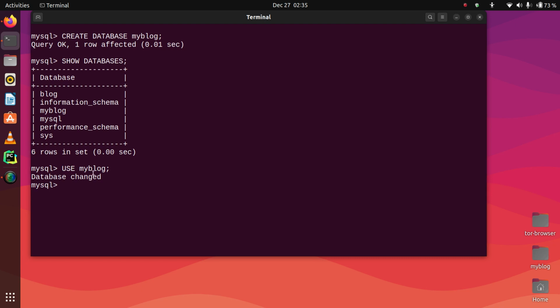Now we are inside the database, so we have to see what tables are inside it. If there are any, then that is fine. Otherwise we can create a table. Obviously this is data definition, so create table is also a data definition command. To see the tables, there is a command called show tables, and as you can see, it is an empty set. We can create a database table by running the command create table, table name,